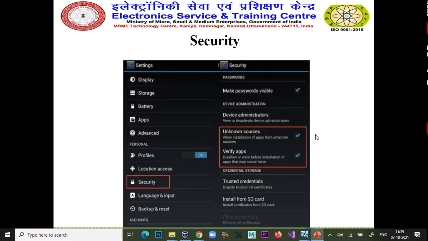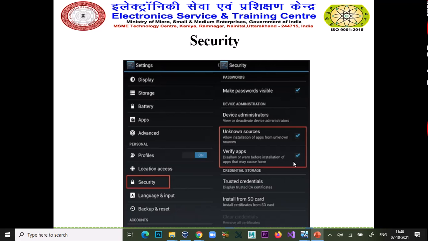But if you are a normal user and you don't need any third party app, please don't enable this option. By unchecking this option, apps from outside the Play Store or iOS Store won't try to install into your system. If this option is on, any kind of app can be installed on your system.